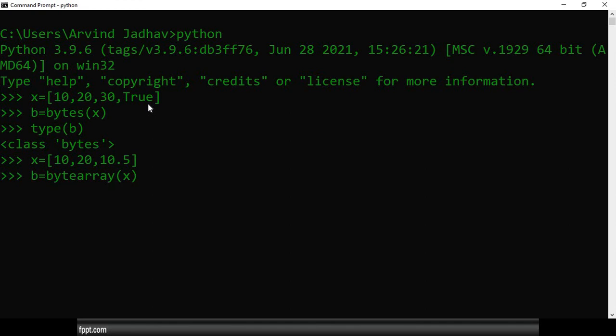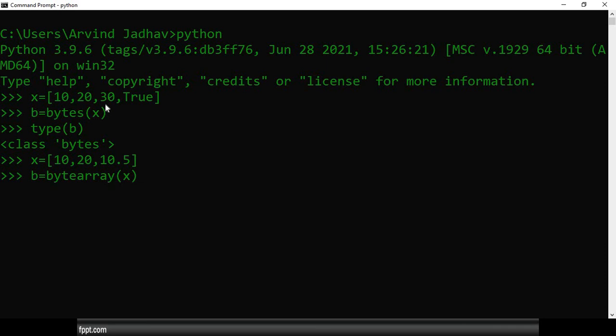We get the type error. What is the reason behind that? Because the integer values are valid only in the range of 0 to 256. Fractional values are not valid. Okay, make a note of that. Such a type of question will be asked in the interview. Only Boolean type is valid.